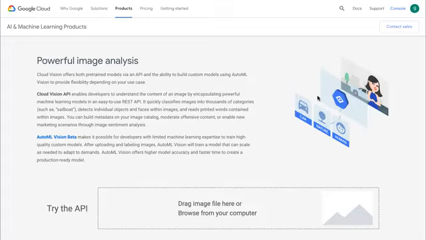Welcome to this lab on understanding images with Google Cloud. In this lab, you'll experiment with pre-built models, so there's no coding. First, you start with the Vision API, which allows you to obtain predictions from images without having to train a model. Then you use AutoML Vision, which allows you to train a custom model and deploy it using only your labeled data. Let's start with the Vision API.